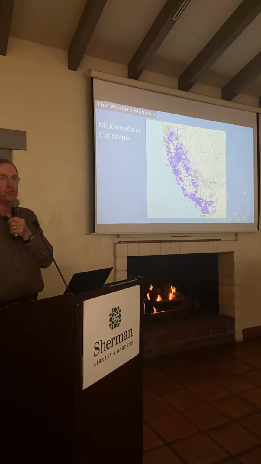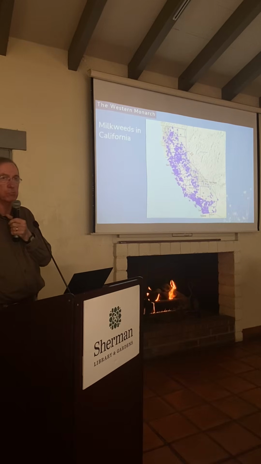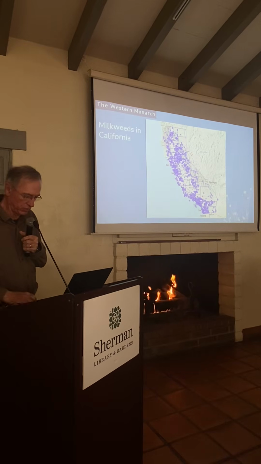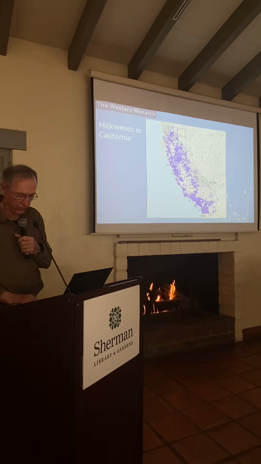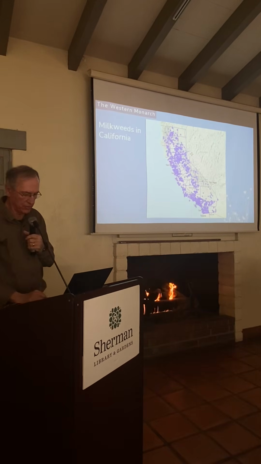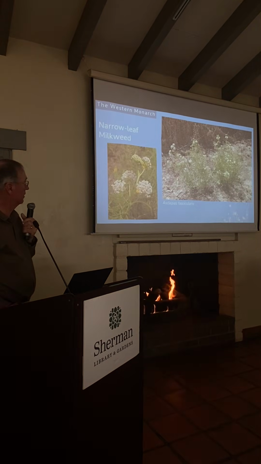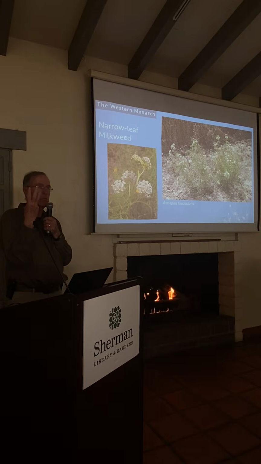They're distributed almost everywhere. The higher mountains are absent, but they're in the deserts, they're in the coastal plain, they're everywhere in California. That's an assemblage of many, many different species. And Orange County is buried down there in those blue dots. We've got lots of milkweeds growing around us, naturally. So I'm going to talk about the 3 milkweeds that are in Orange County.